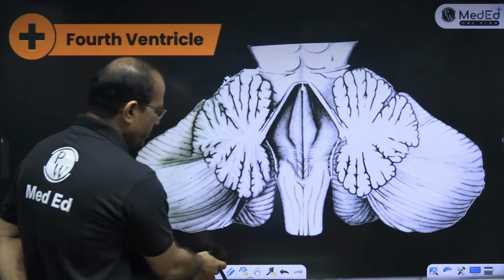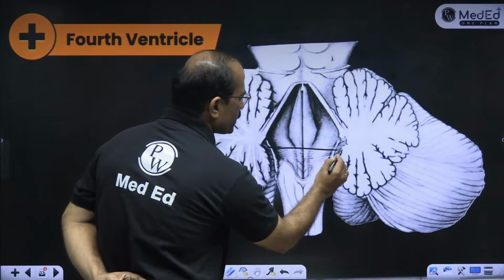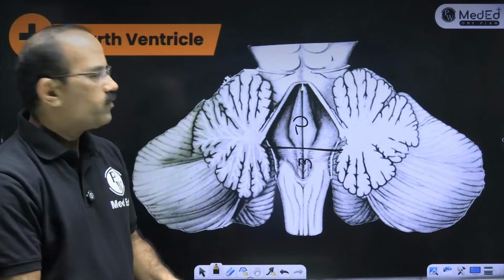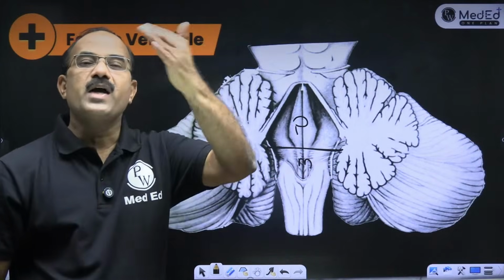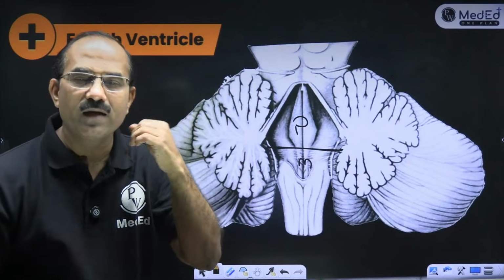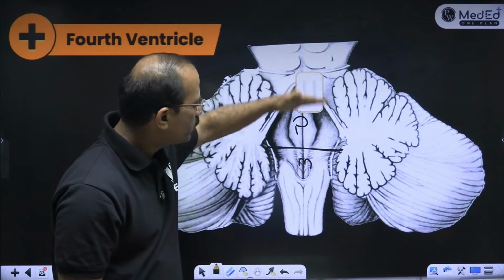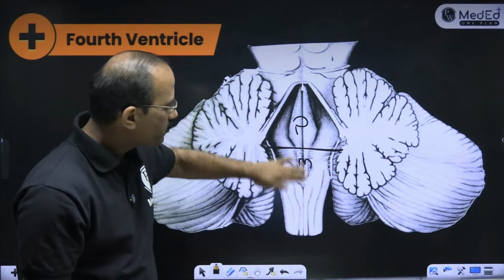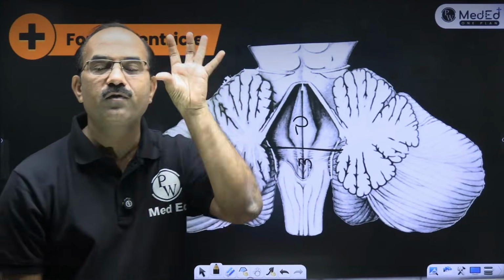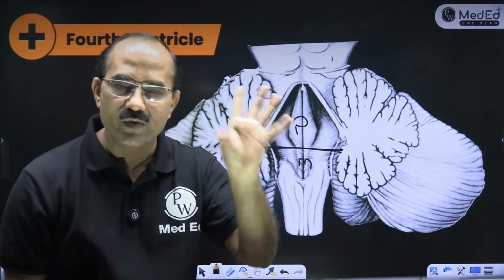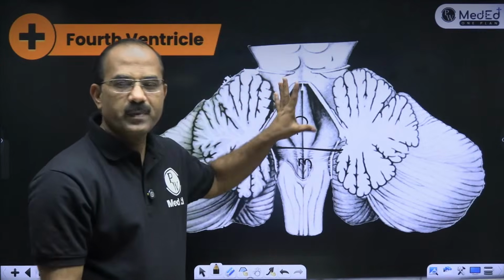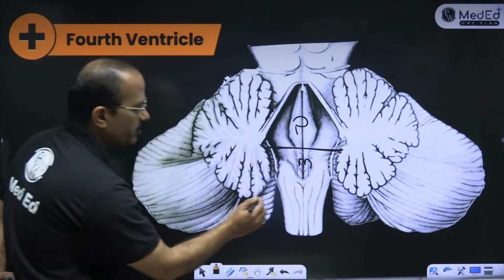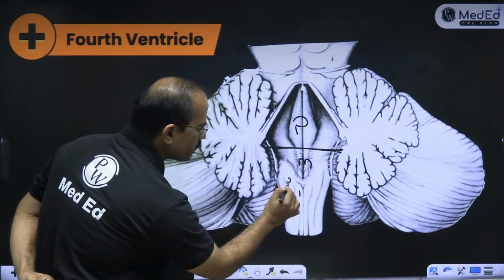The floor of the fourth ventricle is divided into two parts. This is formed by the pons and this is formed by the medulla. Now, which half of pons and which half of medulla? It's the lower half of pons and the upper half of medulla. Lower half of pons and the upper half of medulla forms the floor of the fourth ventricle. What is this aspect? That's a dorsal aspect. Can anyone tell me what is this number 1, what is this number 2, and what